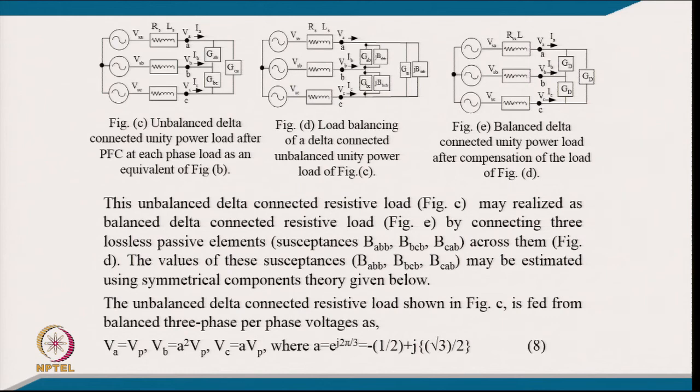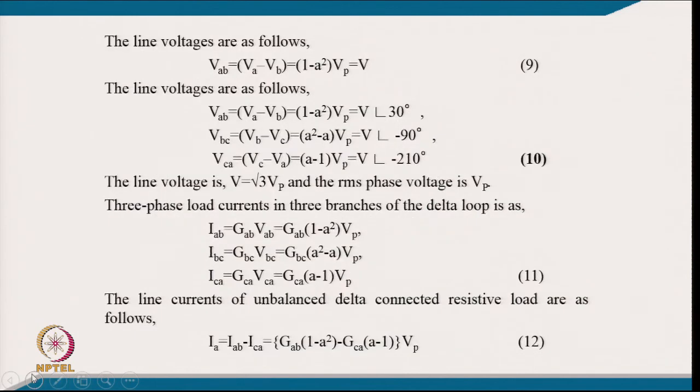So, this is the supply voltage, we have a balanced supply voltage, which is equivalent to the different operator, and now we can find out the line voltage from the phase voltage, with RMS value equal to V, and the line voltages you can now estimate for all 3 phases. They are just 120 degrees apart, but magnitude is the same because it is a balanced voltage, and line voltage will be equal to root 3 times the phase voltage, where Vp is the phase RMS voltage. The 3-phase load current in 3 branches of the delta loop will be equivalent to resistive load, a conductance across the line-to-line voltage, and similarly for BC and CA. So, these are the currents of the 3